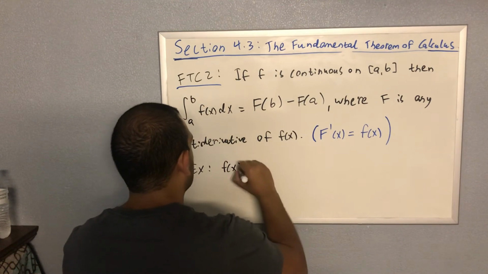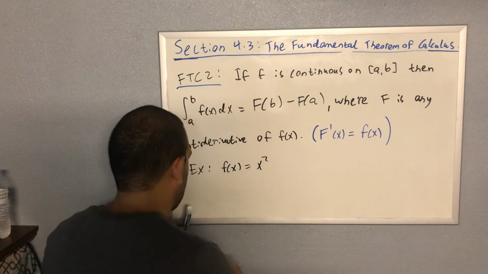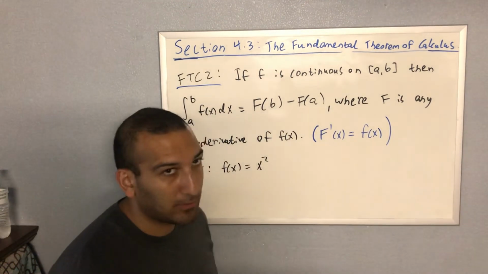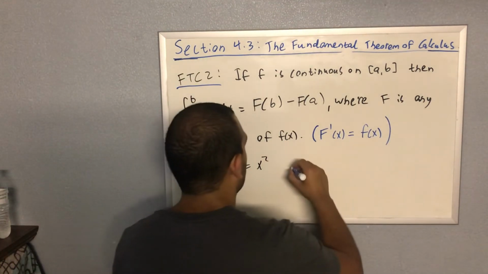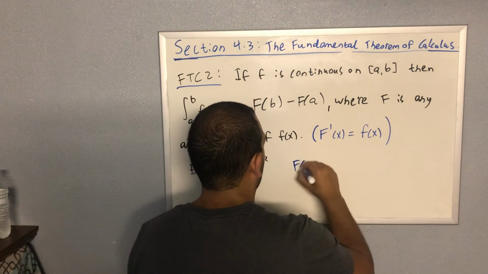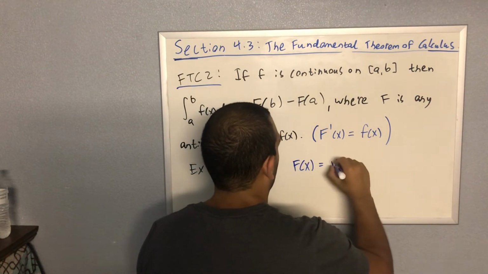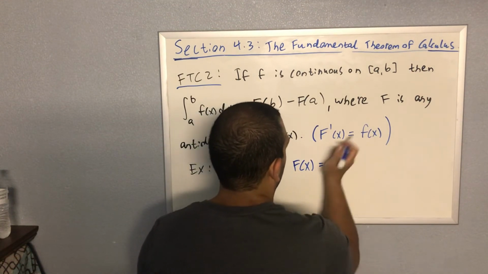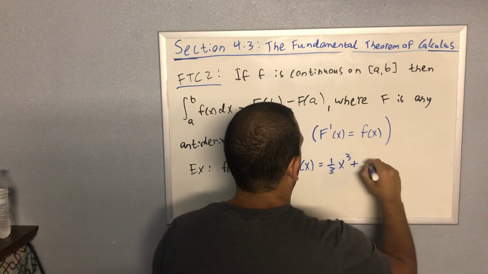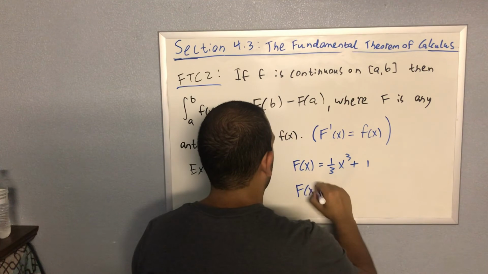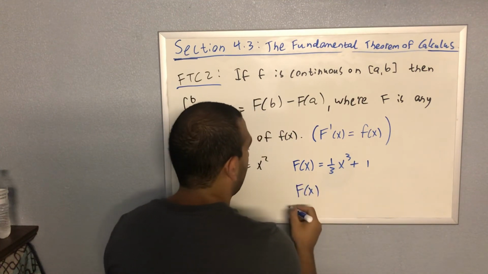If you had x squared, there are an infinite amount of antiderivatives of this function. One antiderivative could be 1/3 x cubed plus 1. Or another one could be,